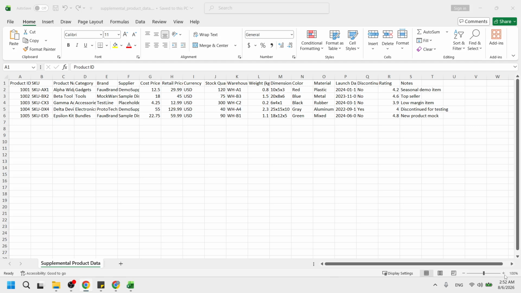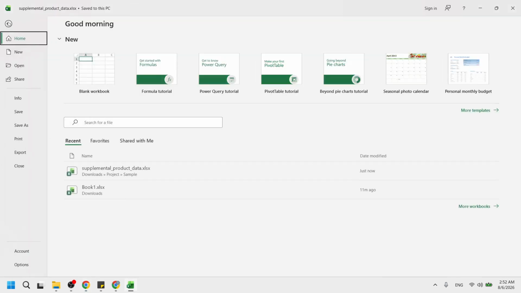Now look to the very top left corner of Excel and click the File button. When you click File, Excel switches into the Backstage view. The worksheet grid disappears, and you should see a vertical menu on the left with options like Home, New, Open, and Info. This view is where Excel keeps options for saving, printing, and protecting your workbook.